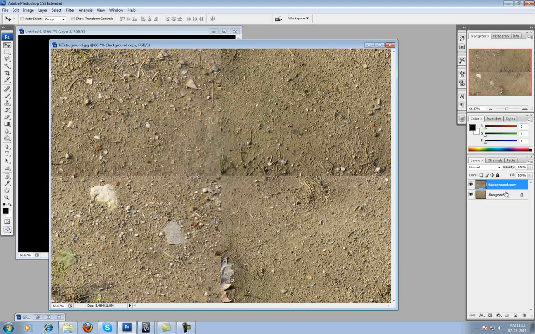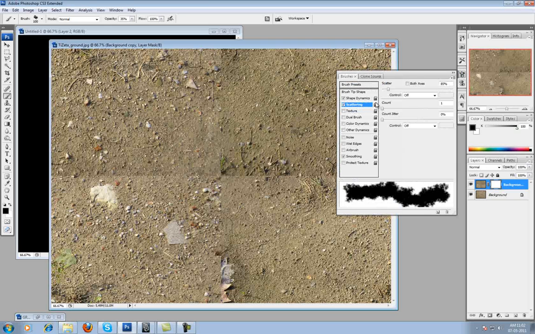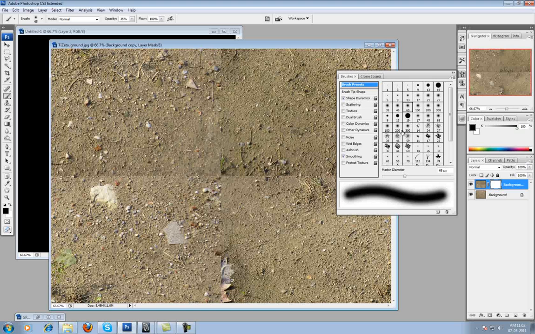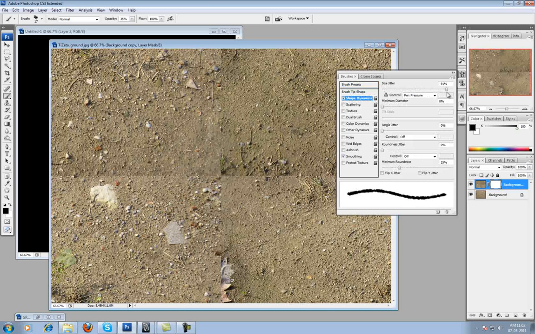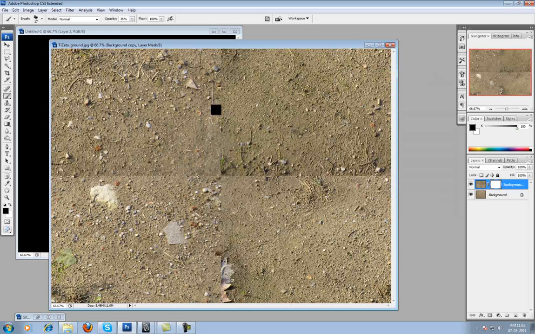I hit OK. Now on this layer I'm going to create a layer mask, and pick a random brush. Just pick the brush, go to the brush palette, and choose any other brush like this. So I'm going to pick this one, and enable shape dynamics. In shape dynamics, increase the size jitter and increase the angle jitter to make a random brush. Just enable scattering. The scatter can be adjusted. I'm going to leave this, that's fine, and I'm going to increase the brush size, and just paint